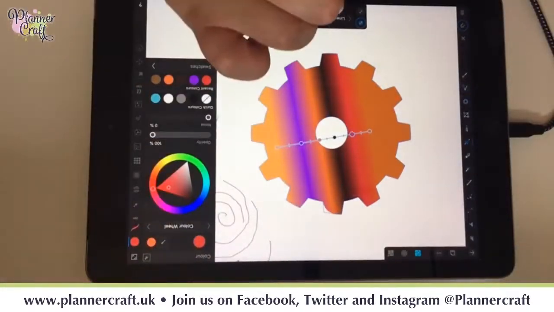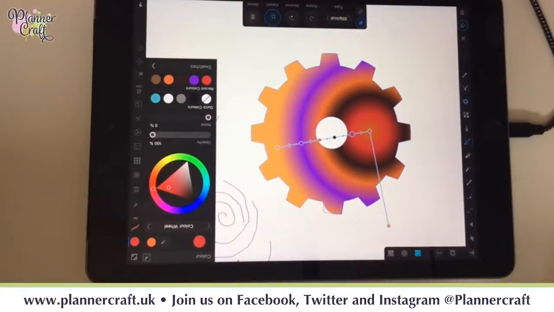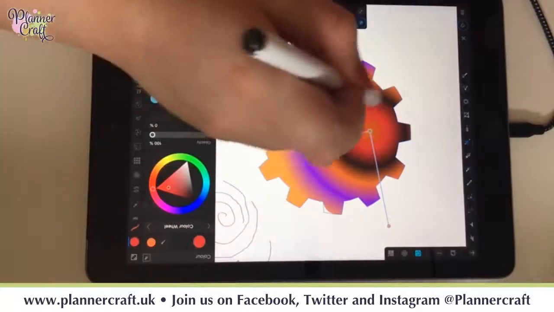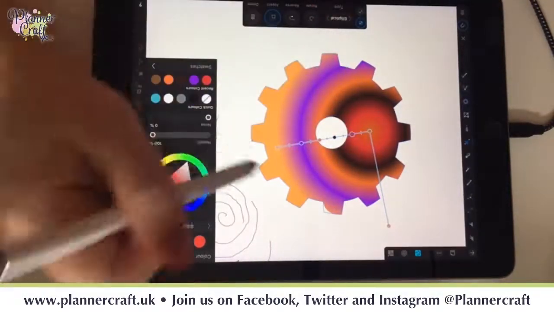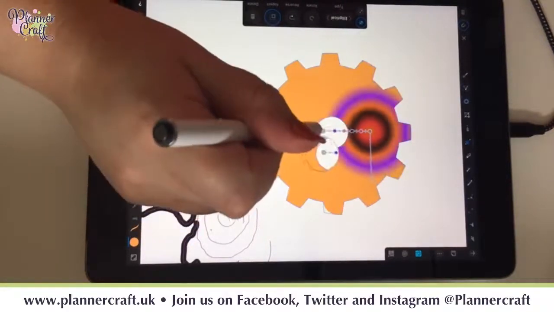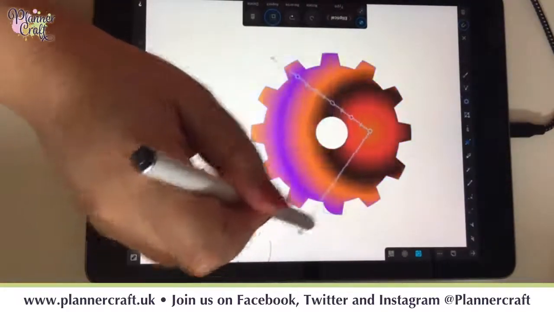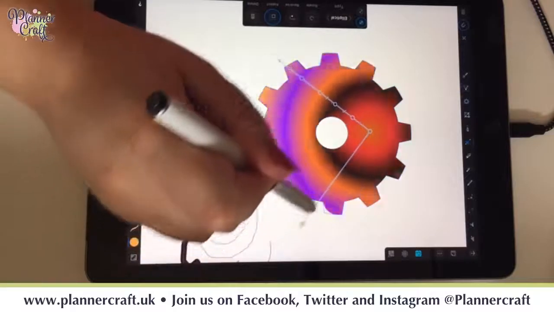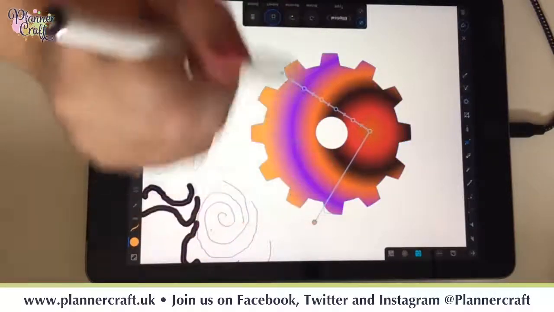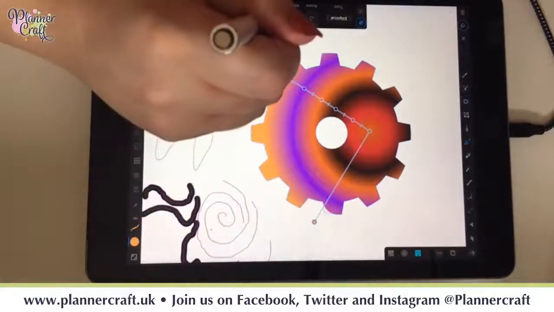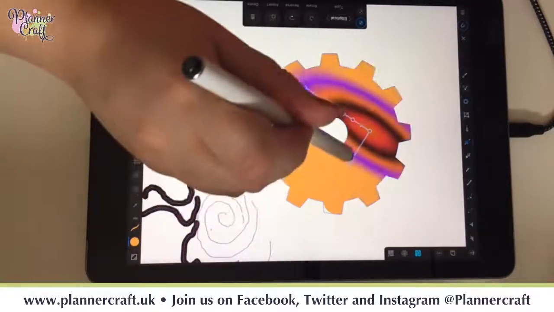If we then change that to elliptical, this centre point here is the centre point of your blend, and you can either do it ovally or circularly. At the moment it's locked so that it will do aspect ratio, but if we untick the box where it says aspect, we can play and we can actually put in